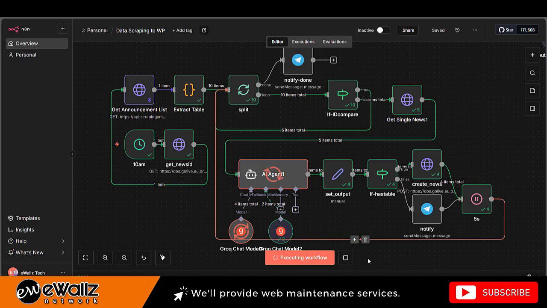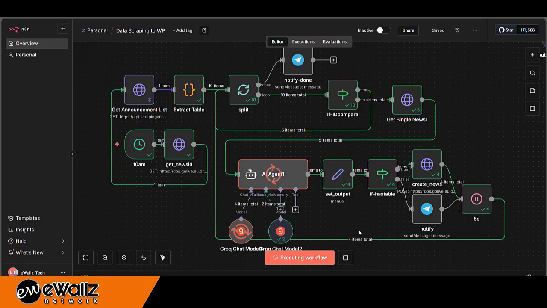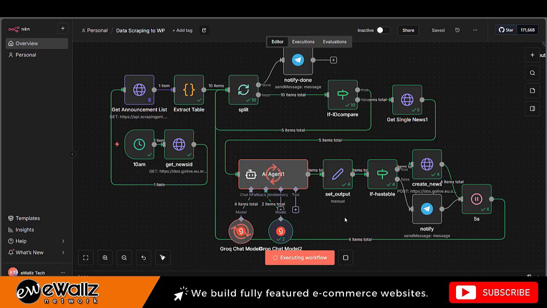Okay, we have already processed 4 items for the news. We need another one, this one will be the last one. I think this one will also use the fallback model for the table structure.